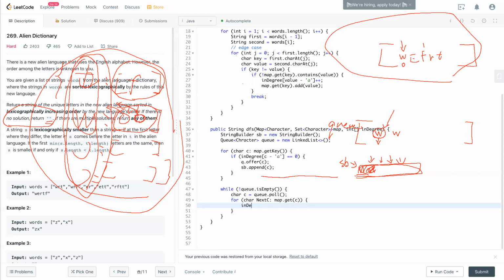So in degree table of that next C, we shouldn't use uppercase here. We should use lowercase next C